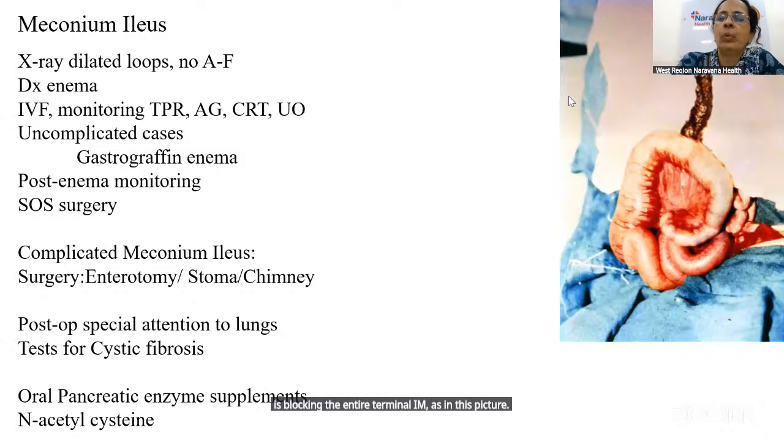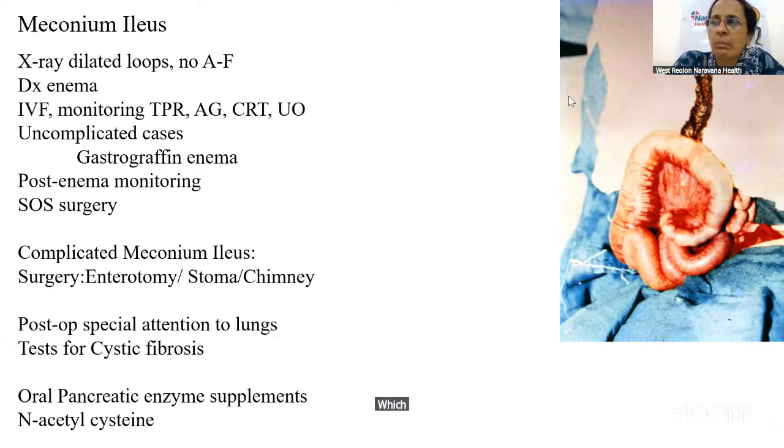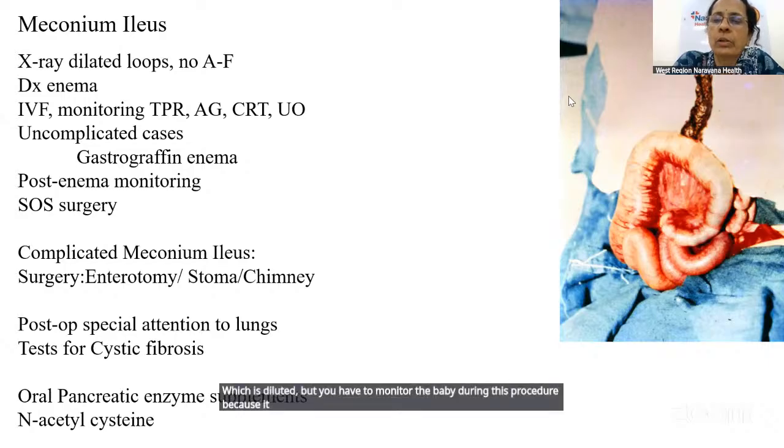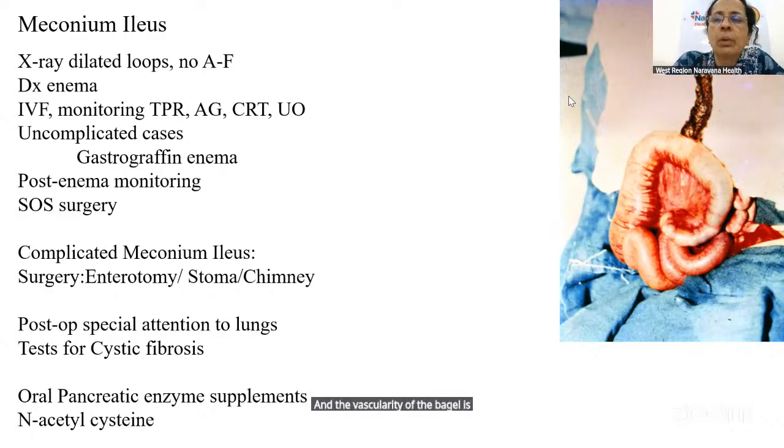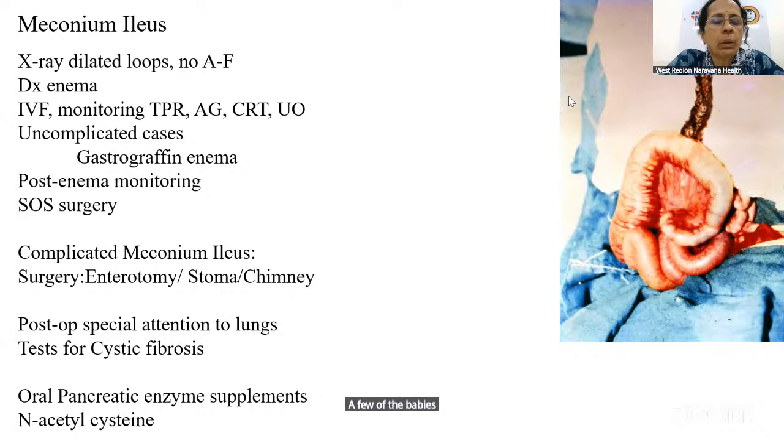And during surgery, we do a laparotomy to evacuate all this. It can be treated conservatively by giving washes, either using normal saline, warm normal saline, or you can use N-acetylcysteine, which is diluted, but you have to monitor the baby during this procedure because it results in a lot of fluid shifts, and the vascularity of the bowel is also compromised because of a lot of fluids going across the membranes. In a few of the babies where the meconium ileus has become complicated, we may have to operate